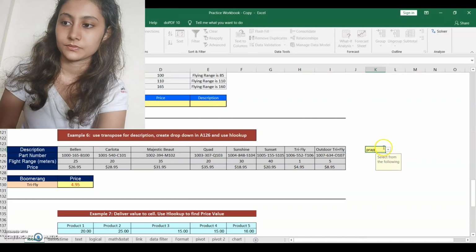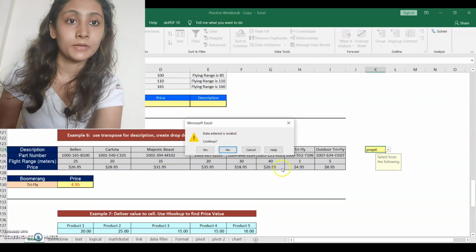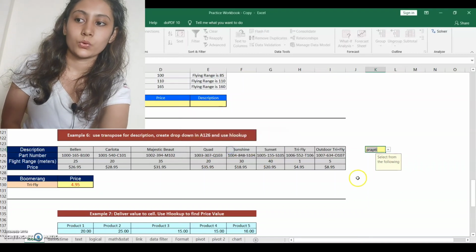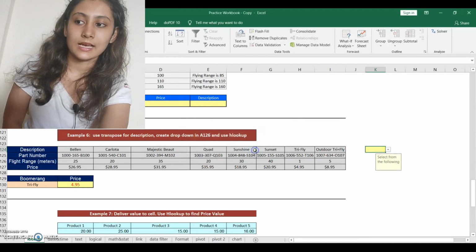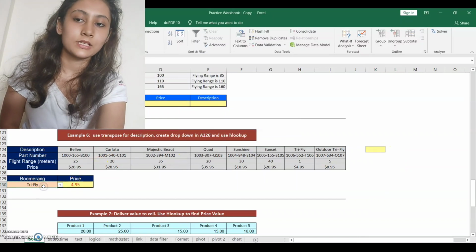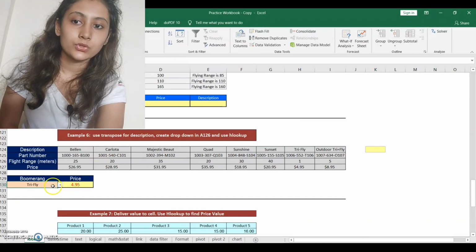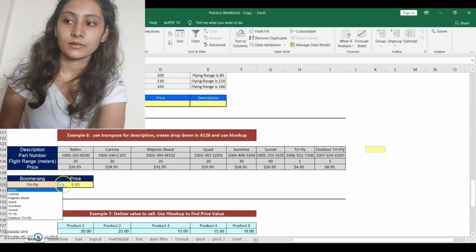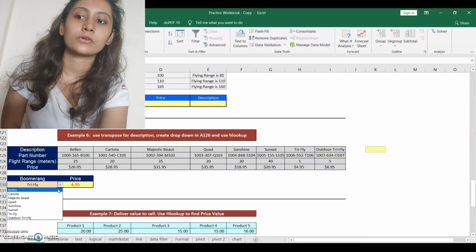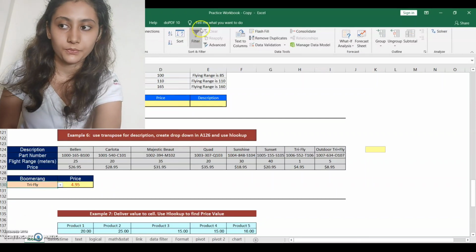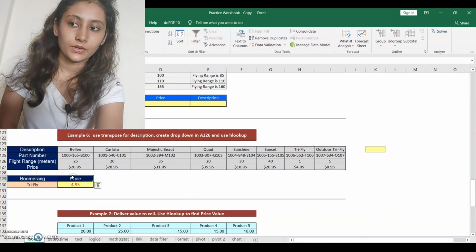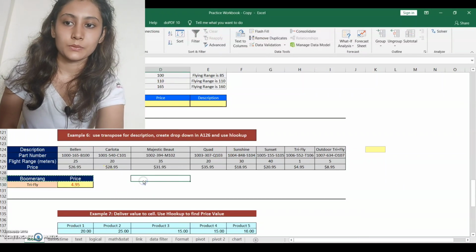Okay, so here we have used the drop down list with HLOOKUP, horizontal lookup. You can see the drop down list has the names of the products, and then we are searching for the price accordingly. So we do not have to check each and every product's price separately. So I am creating it again to show you how I have done this. First I have created a drop down list with the product name, the description of the product.